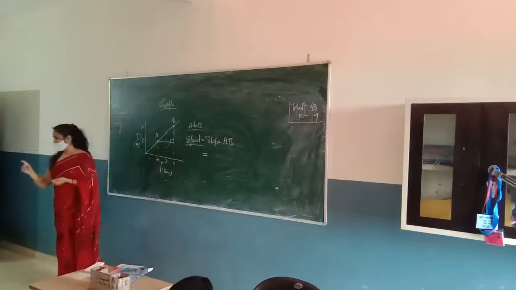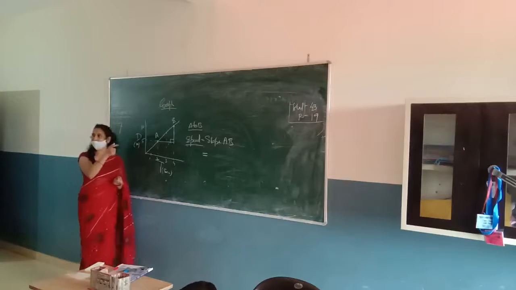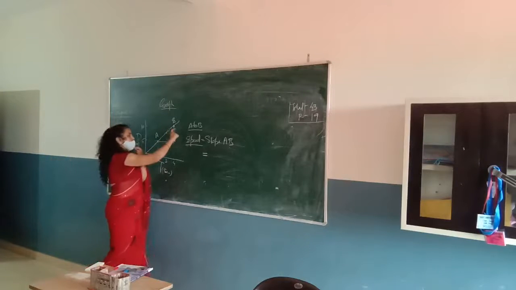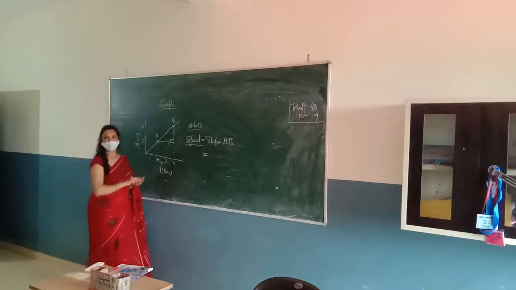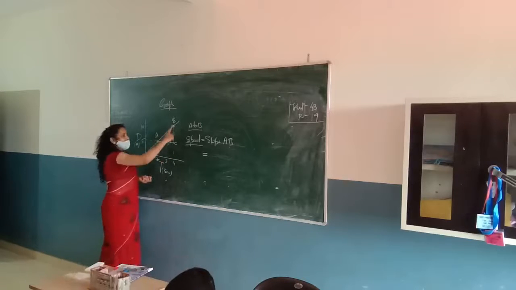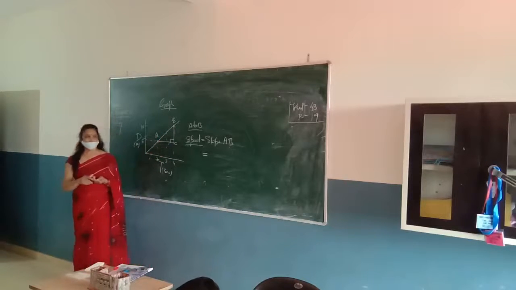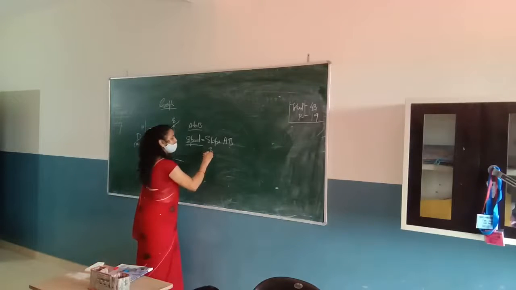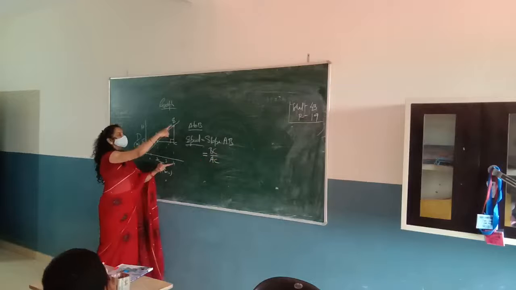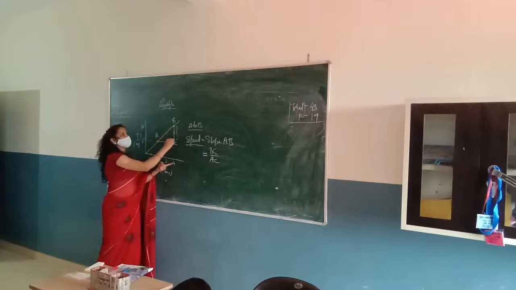So if you want to calculate the speed from the graph, you will calculate the slope of the graph. And slope is perpendicular upon base. So if this length is C, then we will say BC upon AC should be the slope. We will write here BC upon AC. BC is this value minus this value. If you want to calculate this value, what will you do?